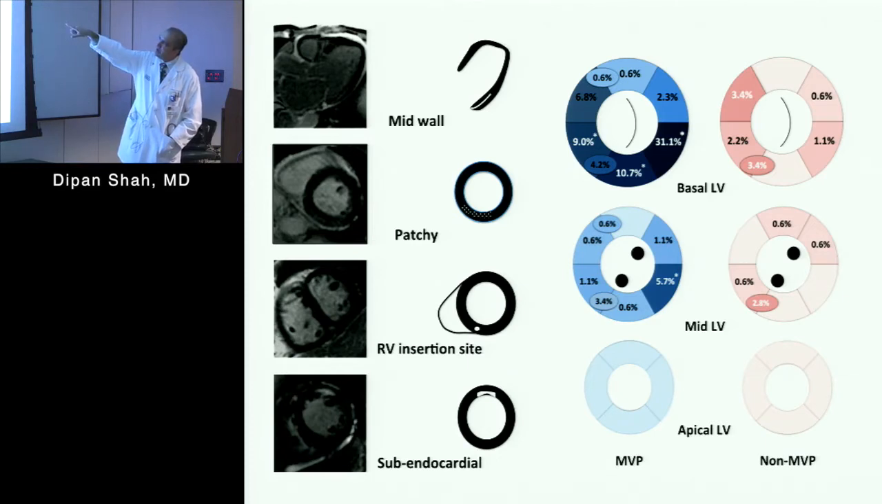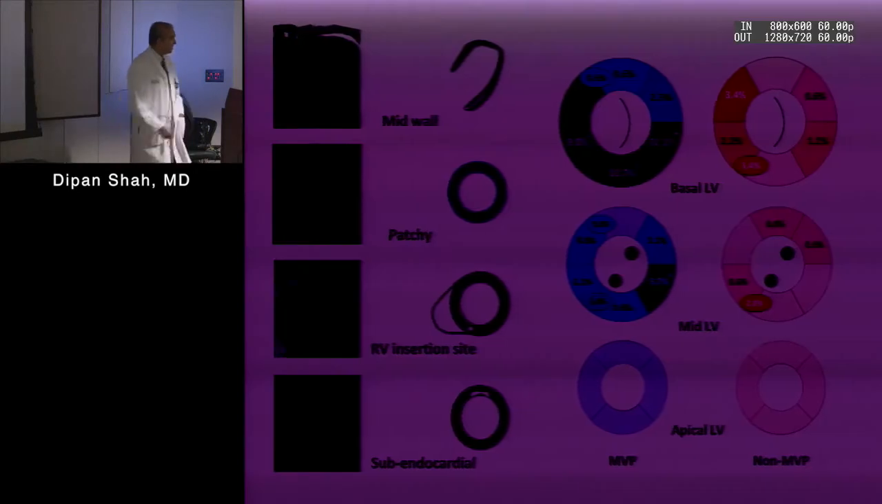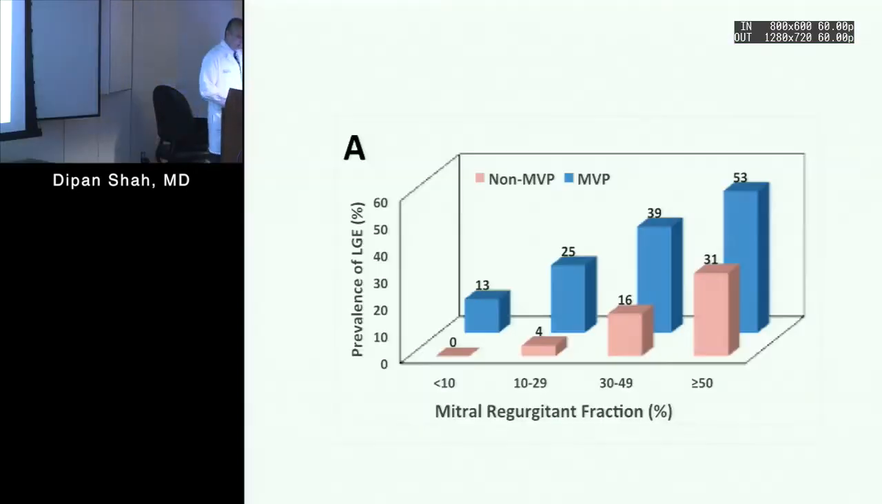One, the most common is the one that I show on the upper left, which is this mid-wall fibrosis in the infralateral wall. Some patients had, and this doesn't project as well, unfortunately, some had this kind of patchy fibrosis. Some had RV insertion site fibrosis, and some had evidence of just a subendocardial infarct. So despite the fact that we excluded people that were thought to have coronary disease, some